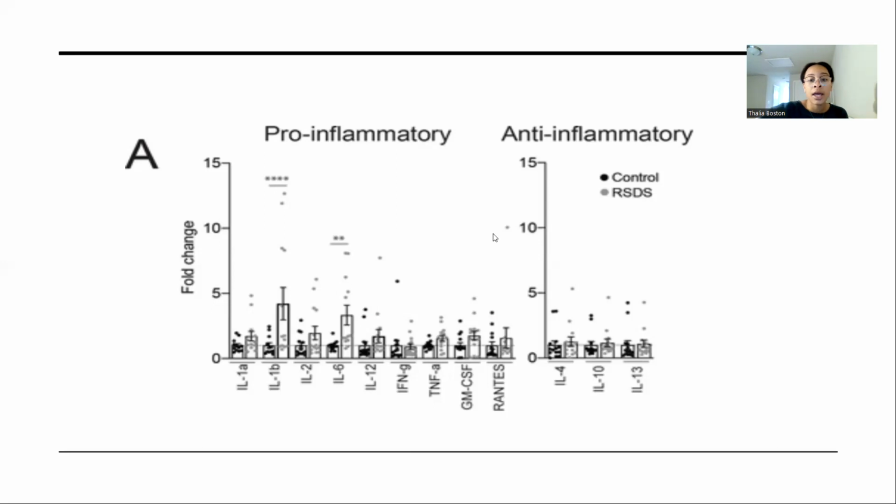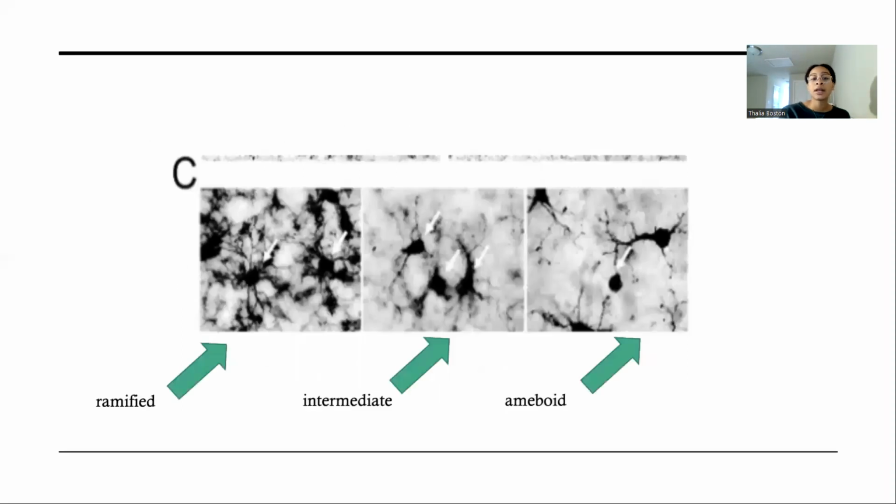microglial cells. And as you can see in the anti-inflammatory graph, it was stagnant among these three interleukins, which shows that when one undergoes a lot of stress, the anti-inflammatory response is basically muted. What they want to do is create an inflammatory response to signal to the brain, hey, we're in danger. I don't like the situation we're in. We need to react to it as soon as we can. And like I said, this does interrupt the morphology, or the shape, of the microglial cells.